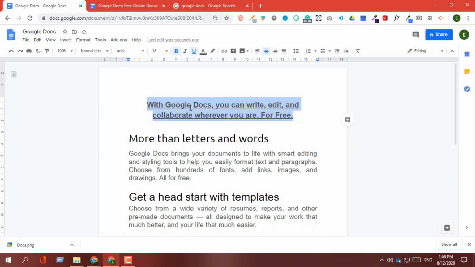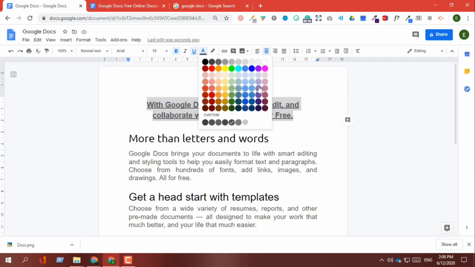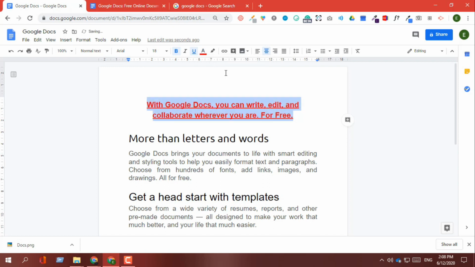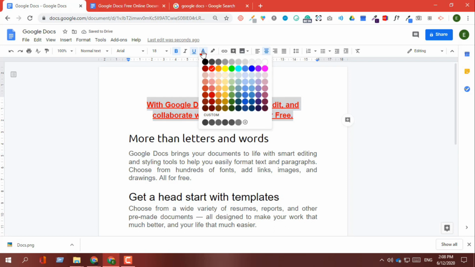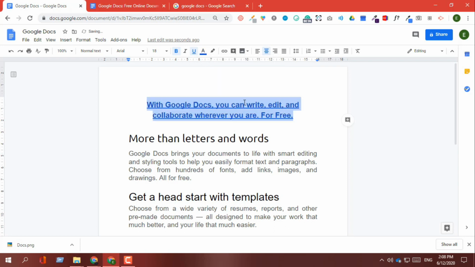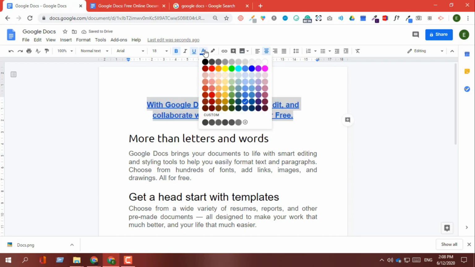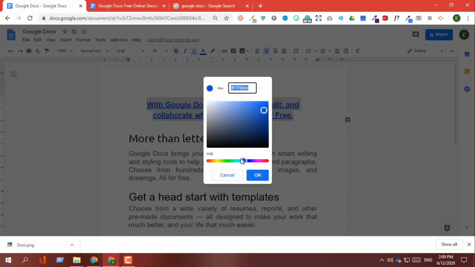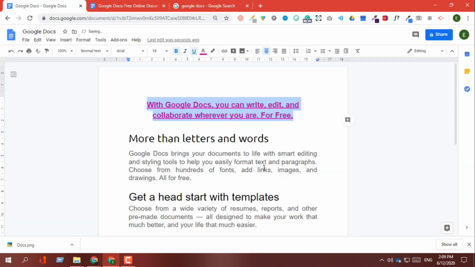So from here you can change the text color. If you want to change it to like this, you can change the text color, or even like this you can change any color. Or even if you want to see more color options, just click on this plus button, you'll find this. So from here you can take any of these colors. For example, I want to take this color. I can change this font color this way as well.